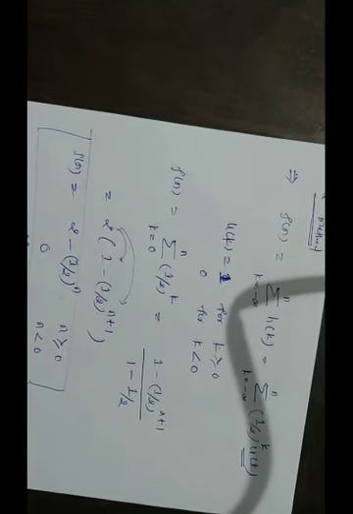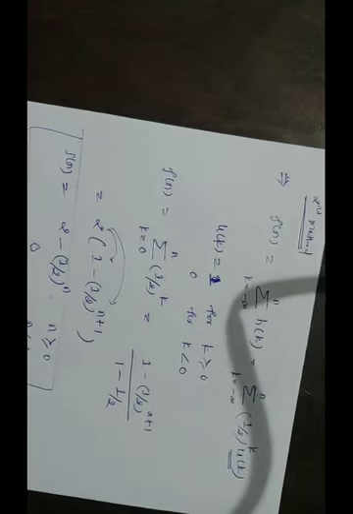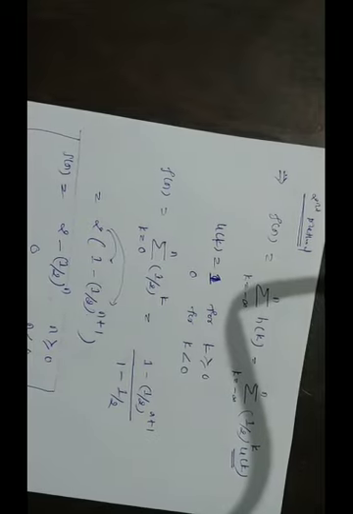So let us check this answer with the previous one. I hope both are the same. Look at here, it is also 2 minus 1 by 2 to the power n into u of n. Hence, if you use either formula out of these two, you will get the same answer.